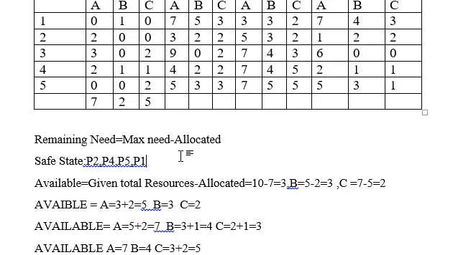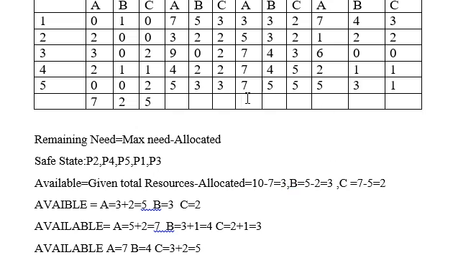The remaining process that we have with us is, I think, P3, so we'll check for P3. Its need is 6, we have 7. Its need is 0, we have 5. Its need is 0, again we have 5, so definitely it can be served, and we know that the system is in the safe state, so I'll just write it here, P3. And why are we saying that it's in a safe state? Because we could execute all the 5 processes safely without any problem.